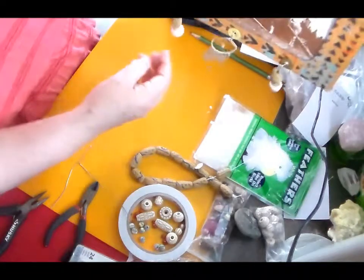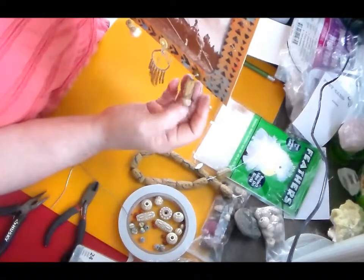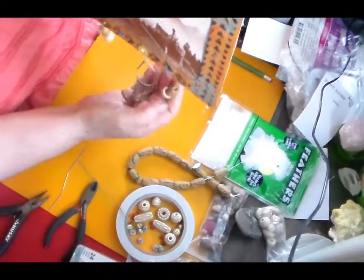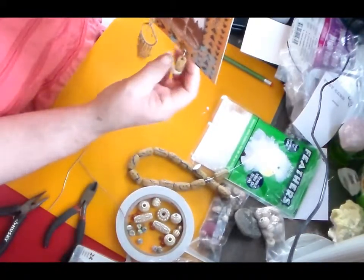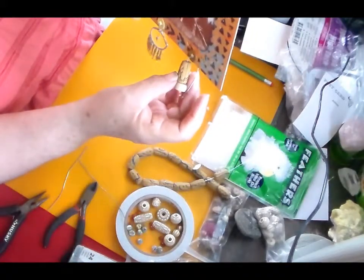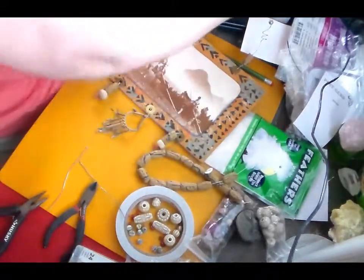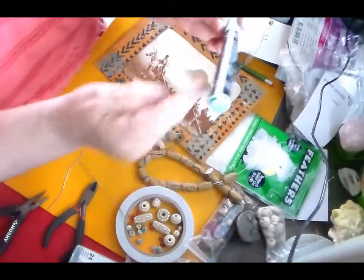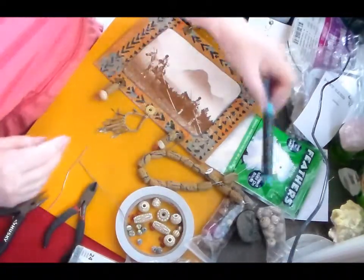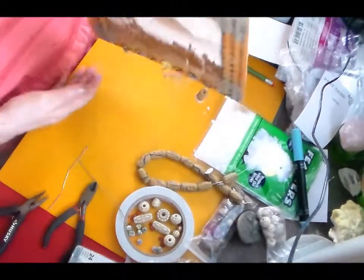This one moved. These I just put in the wire. I made a little loop and pulled it up. It's just like a giant earring. That's what it really is. I bent it backwards, going around this marker, and then I closed it like an earring. So that's my